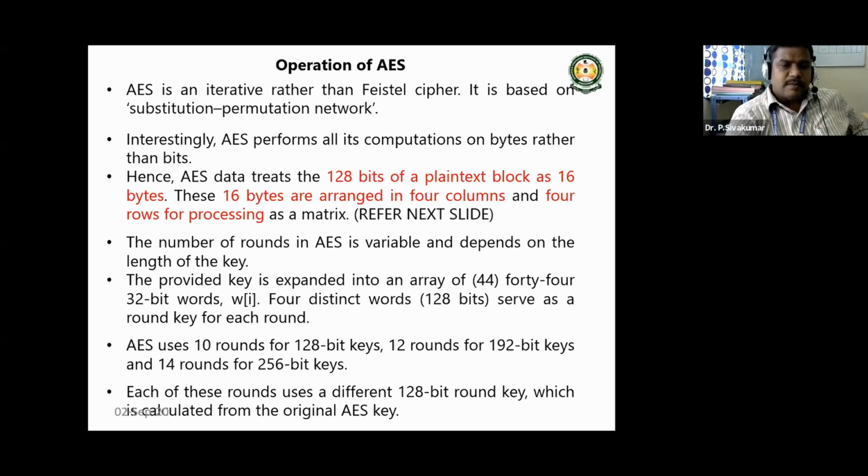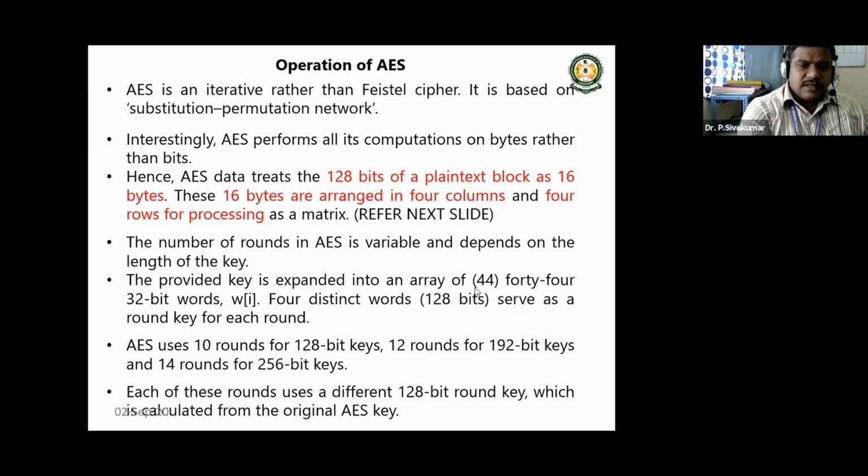It is represented by W of i. Okay. 4 distinct words, 128 bits, serve as the round key for each round. So in each round we use some key, because in each round we give the plain text. We take the plain text of 128 bit and key of 128 bit, then perform some operation. Okay. So that time